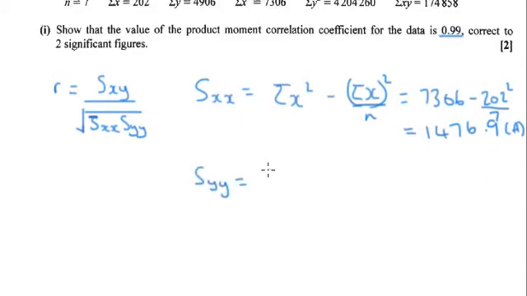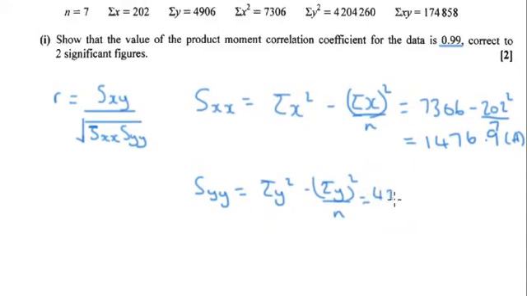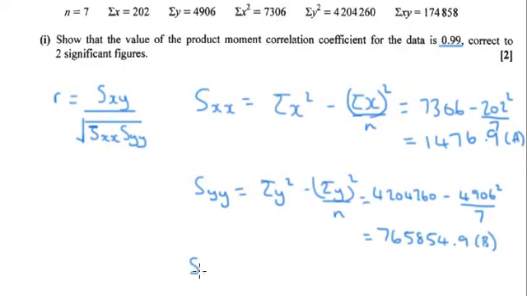SYY is going to be the same but with y's, so sigma y squared minus sigma y all squared over n is going to be 4204260 minus 4906 squared over 7, which is 7654854.9. That's going in memory B,